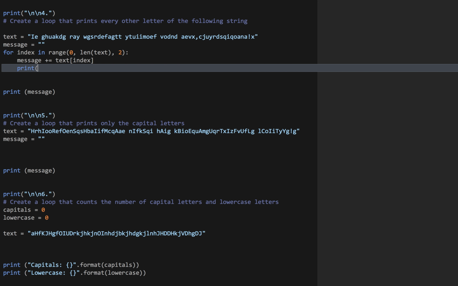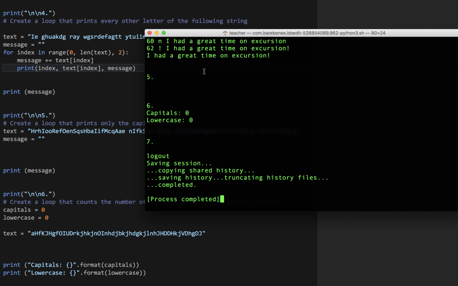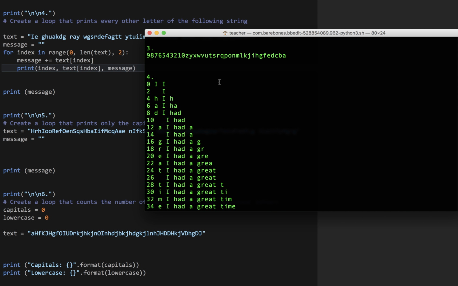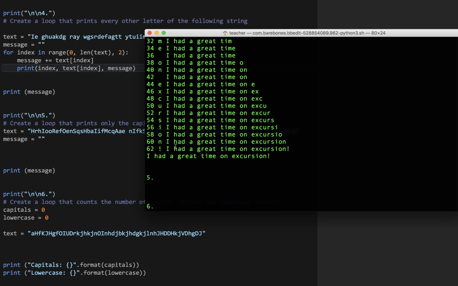I'm going to put a little print here so we can see what's going on. Index, text index, and message. So I'm going to run that. And you can see 0 is I, so message becomes I. 2 is a space, so I space, you can't see it. 4 is an H, so I space H. 6 is the letter A, so I space H A, and so on and so forth down to the last